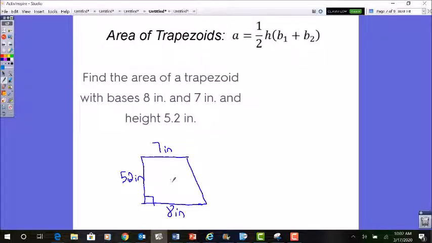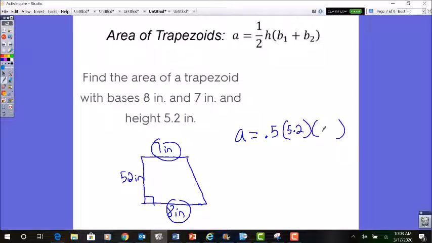So once we draw that picture, we can now fill in the formula. So 1/2, or 0.5, times the height, which is 5 2/10, and base 1 plus base 2. Well, we have base 1 is 7, base 2 is 8. So we add those two together, we get 15. So now you multiply all the way through. Alright, we end up with 39 5/10,